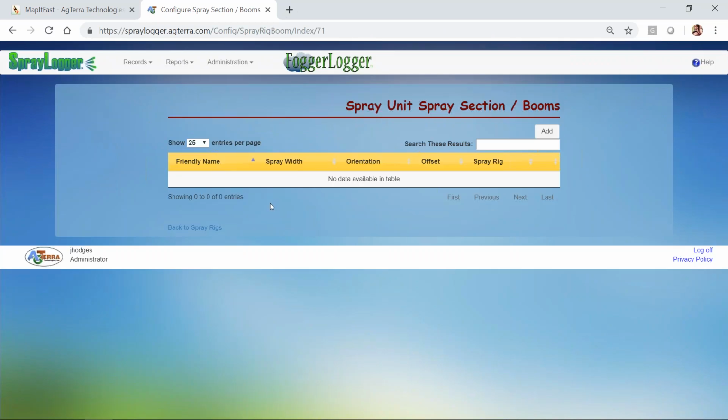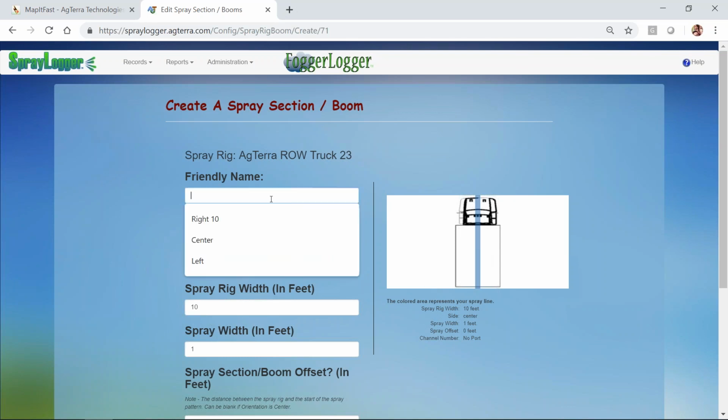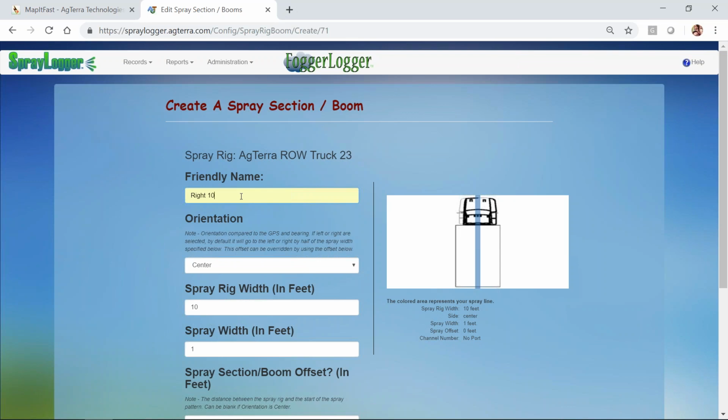And on this particular rig, I don't have anything set up yet. So what you're going to want to do is hit add, and let's give it a name. So I'm going to go ahead and put in right 10. Now, you don't have to put in this. Generally, on a SprayLogger box, and I'll show you real quick,